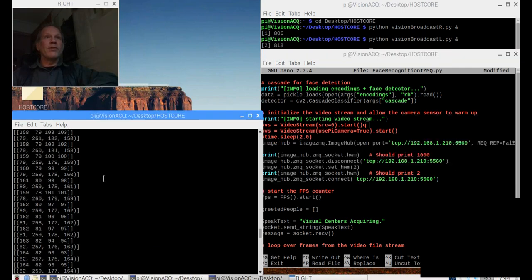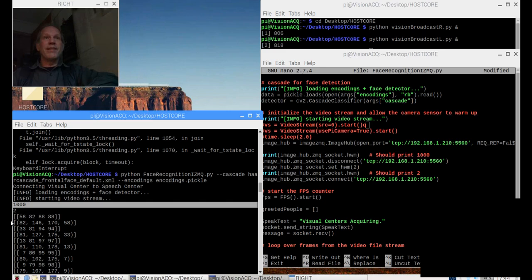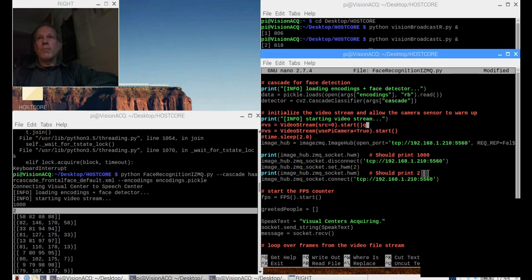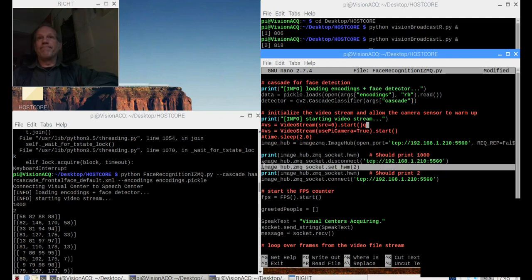In fact, let me see if I can scroll back up here to the top. Yeah, there we go. So it's printing the 1000 initially, which is the default for the high watermark, and then after I change it, it's printing the 2. So that comes from right there, and there's where I set it, and as you saw, it's doing absolutely nothing to get rid of the frame backup. The frames are backing up just like there was nothing being set. And I've opened the image hub, I've disconnected, I've set, I've reconnected,